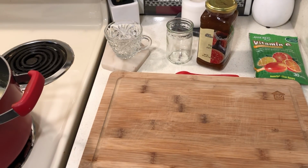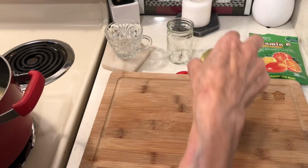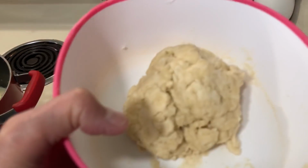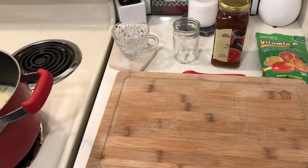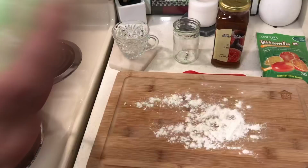So now, I'm going to be needing some cookies to go with my tea. And I bought jam. I'm going to use my fig jam. I bought it 99 cents only. So here is my pie dough. You can also put just cinnamon and sugar on this. If I just want to use half, and I will make something else out of the other half. So, okay, so I have a little flour left in a bowl, so I want to use that